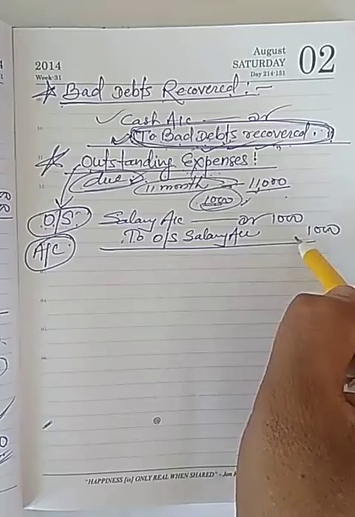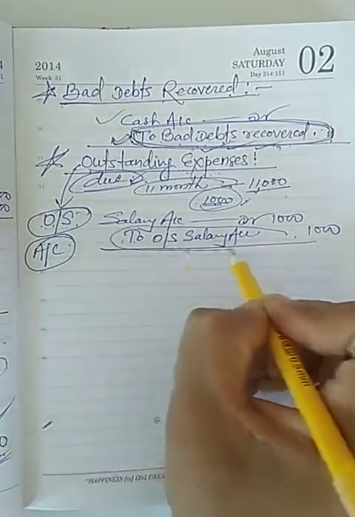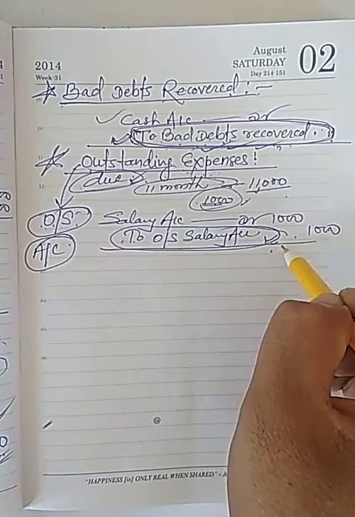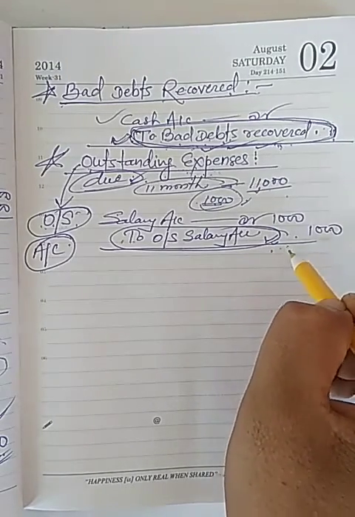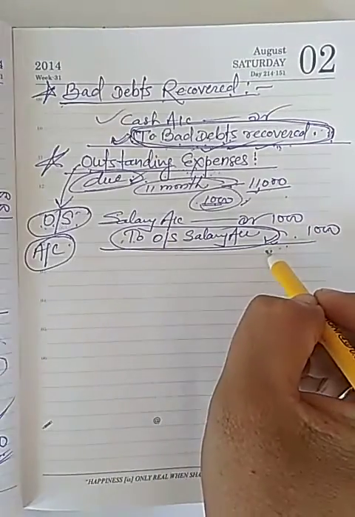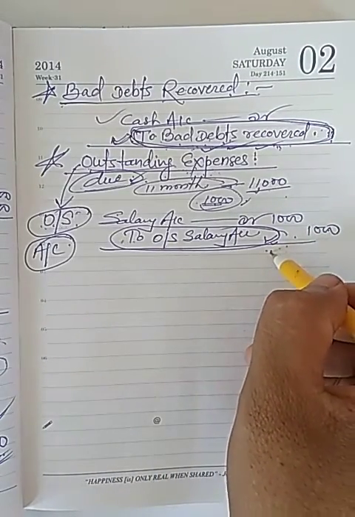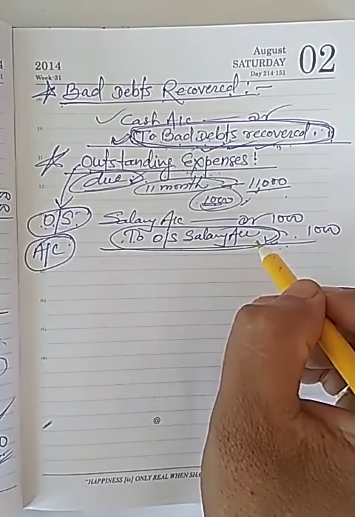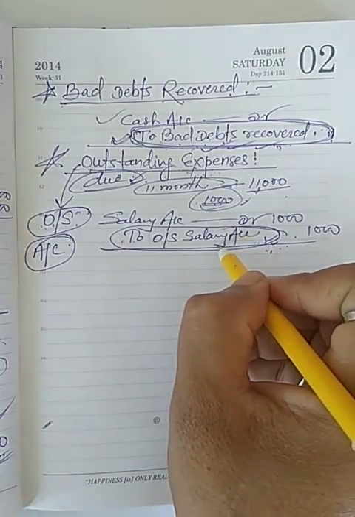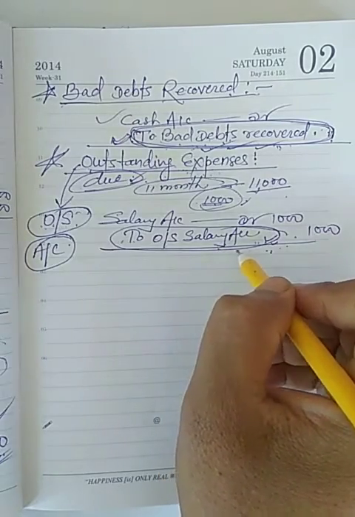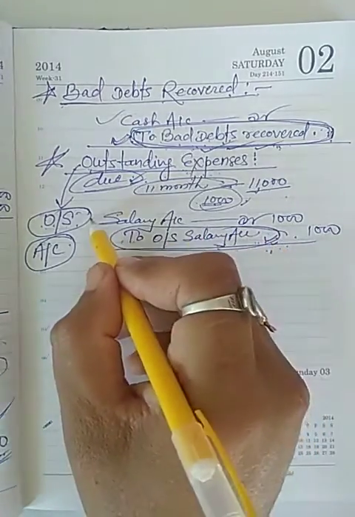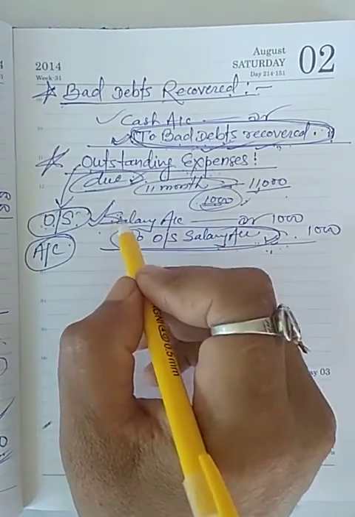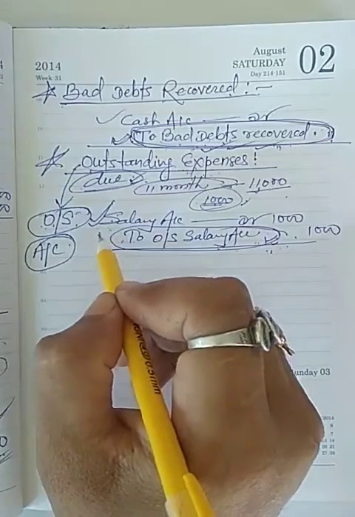Outstanding salary is a liability. It has been credited because it is a representative personal account, representing the employees to whom salary is to be paid, and this is our expense, so it will be debit. Now